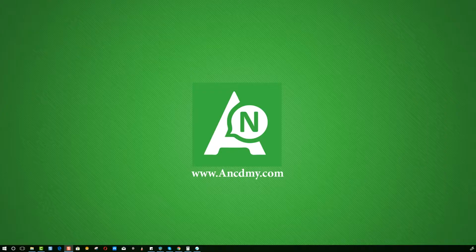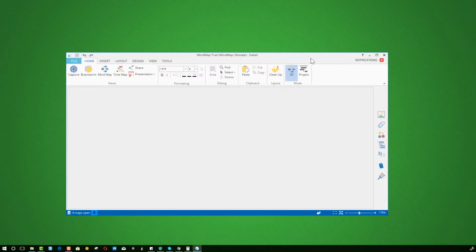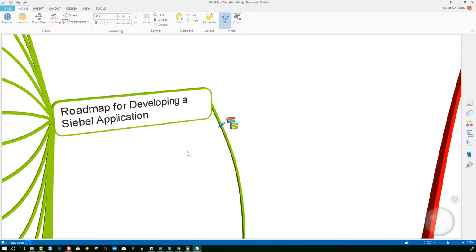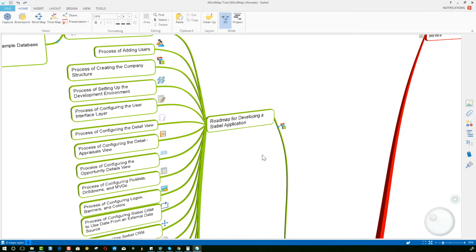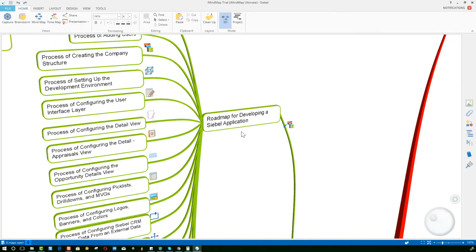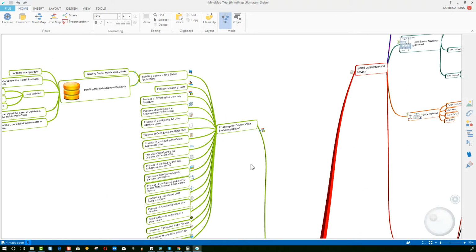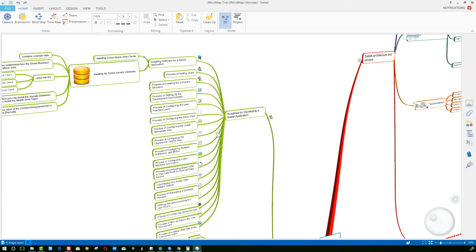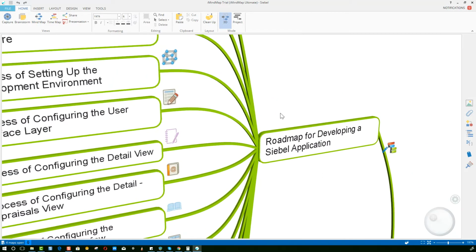We're going to give you a roadmap for developing Siebel applications. So here we've written a roadmap for developing Siebel applications, which has more than 10 stages. Let's begin with the first